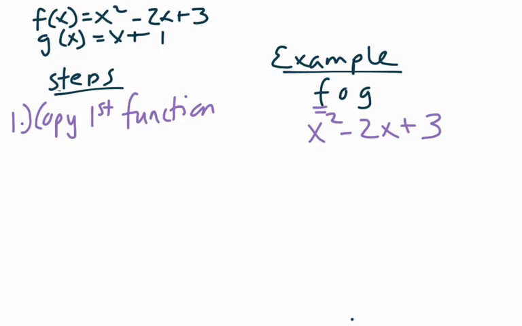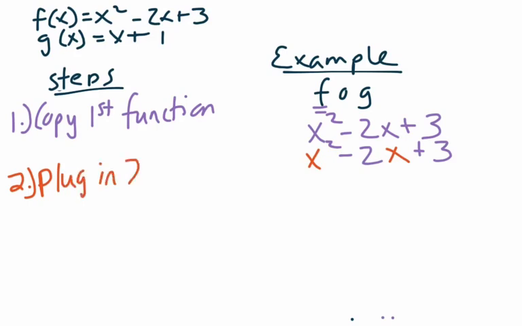Now, in this second step, all I'm going to do is rewrite, and I'm going to use a color to just highlight the x's. That's all I'm doing there. So I didn't really do anything in that step algebraically. I just swapped out the color. And the reason I'm swapping out the color is because for step 2, we are going to plug in the second function everywhere there's an x. So plug in the second function